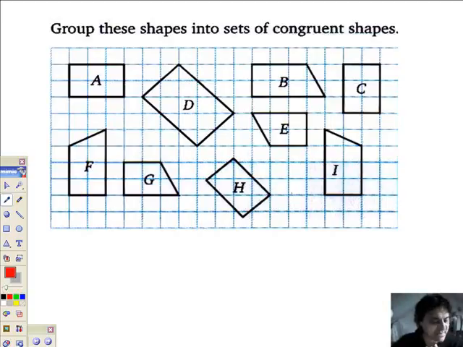15.4 deals with similarity and congruence. Now remember, we've done similar shapes before when we did the videos on enlargement. So if I've got two shapes that are similar, then their corresponding sides will be in the given ratio. So for example, if I'm doing an enlargement scale factor 2, but I've got a small triangle and a bigger triangle whose sides are 2 times as big as the small one, then that's an enlargement, and therefore the two triangles